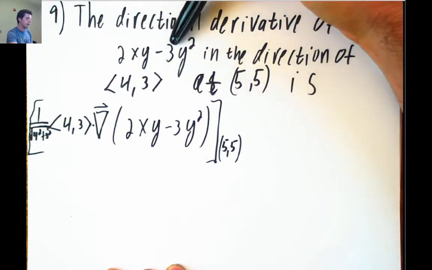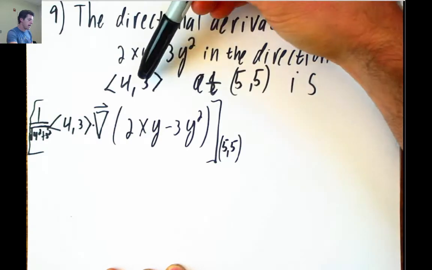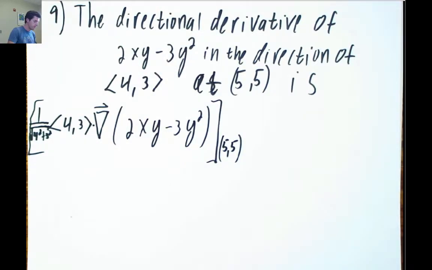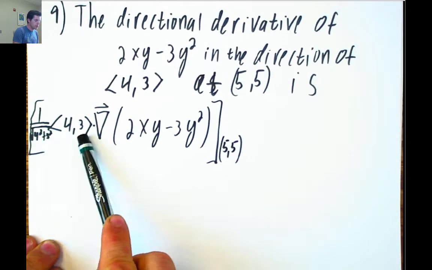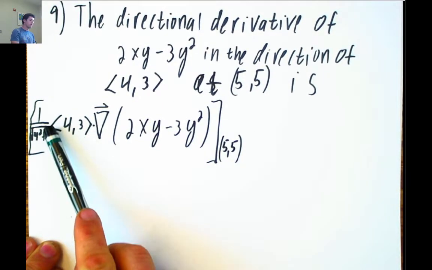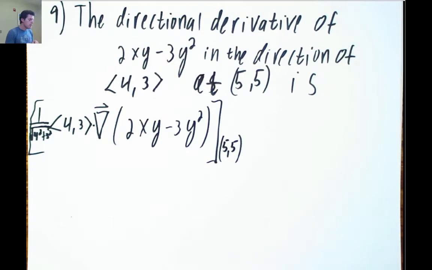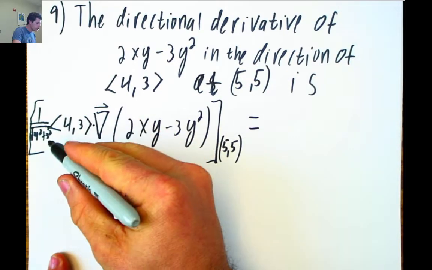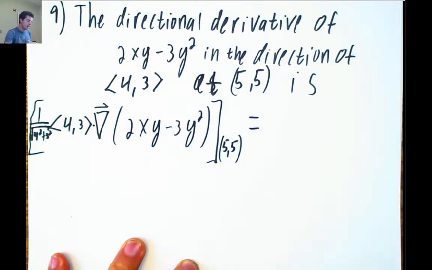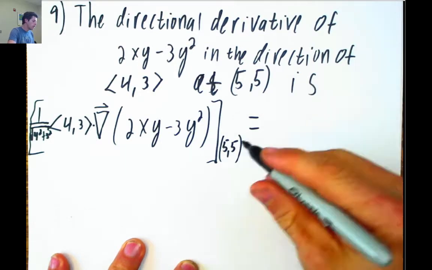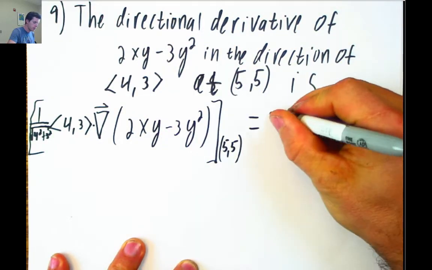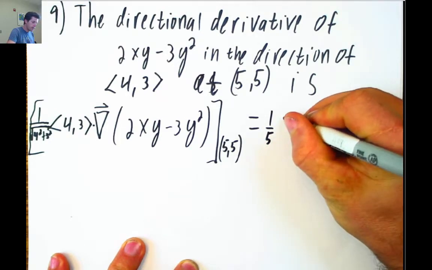derivative of this function in the direction of that vector, right? In the direction of this thing, which actually is a direction, right? Multiply the vector by 1 over its length and you get a direction. Okay, let's get to work. This is 1 over the square root of 4 squared plus 3 squared. That's 16 plus 9 is 25. Oh yeah, there's a 4, 3, 5 triangle, so that's actually just 1/5 of 4, 3